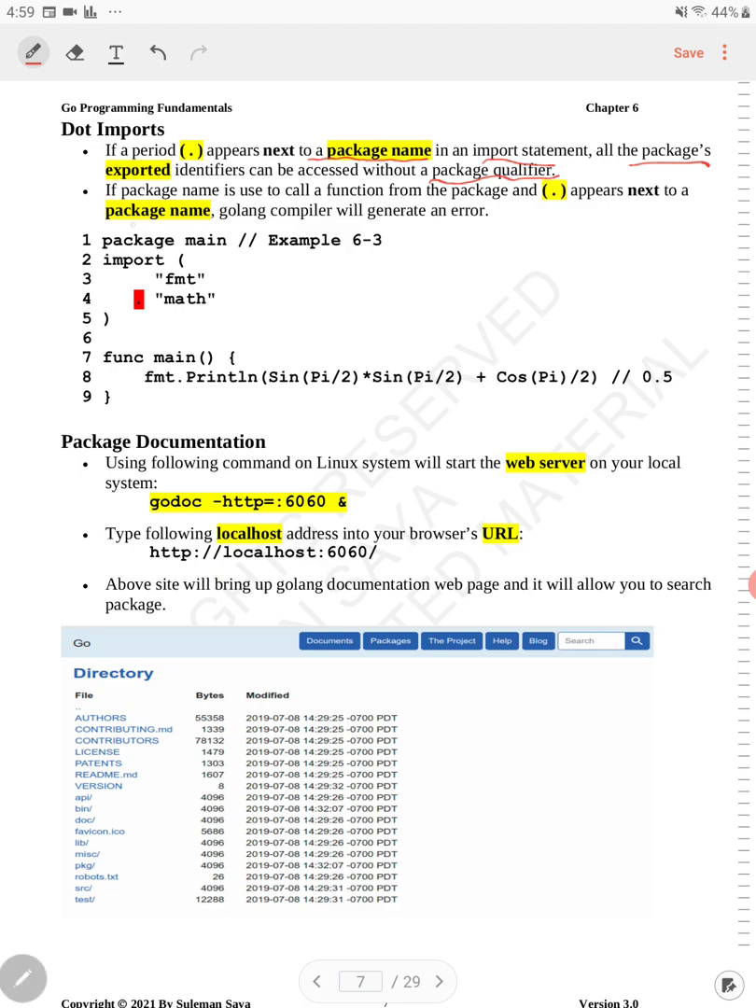So if the package name is used to call a function from the package and a dot appears next to the package name, the Go compiler will generate an error. Basically, what we are saying is, if a package name is used to call the function from the package and a dot appears next to the package name, the Go language compiler